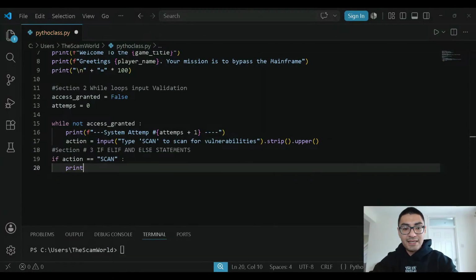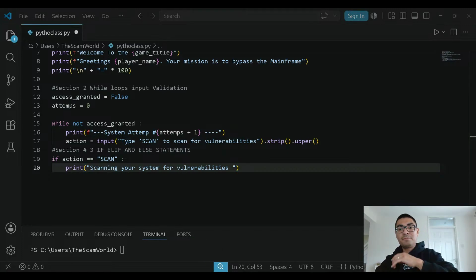What do we print on this? If action equals print, we're gonna say scanning your system for vulnerabilities. So if the user types the word scan, we're gonna say scanning your system for vulnerabilities, and then we're gonna say also